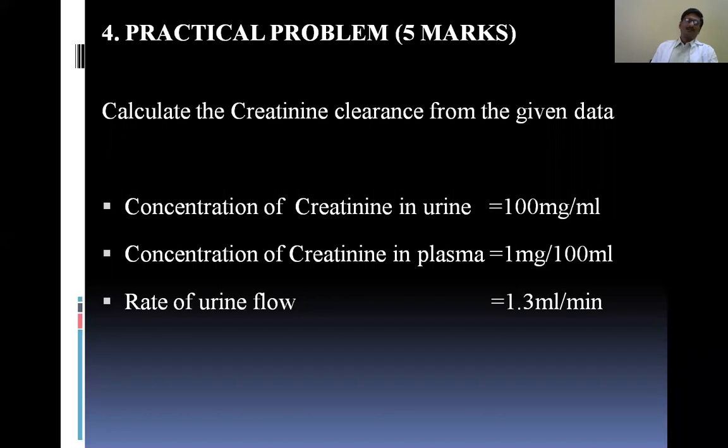So even by using creatinine clearance, we can calculate the GFR, which gives a more or less good estimate of GFR. The advantage of creatinine clearance is that we need not inject any chemical from outside, since it is a metabolite normally found in our body. Simply we measure the creatinine content in plasma and urine and the urinary flow rate. From these data, we can easily calculate the GFR without injecting any markers such as inulin. So in routine practice, creatinine clearance is used more often than inulin clearance.